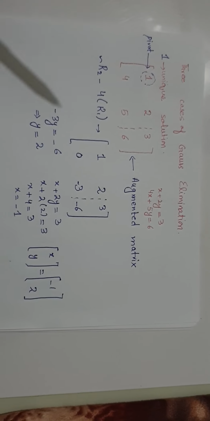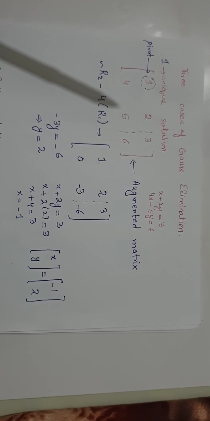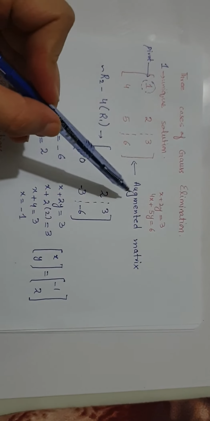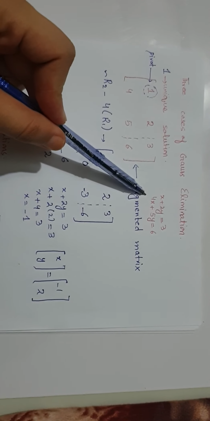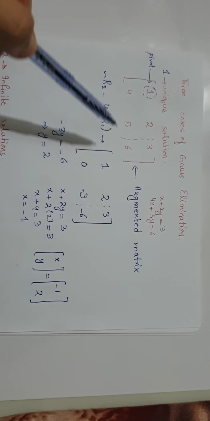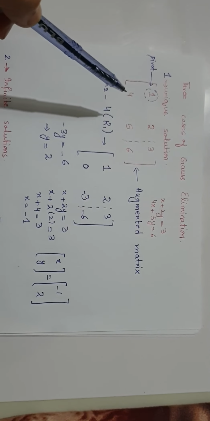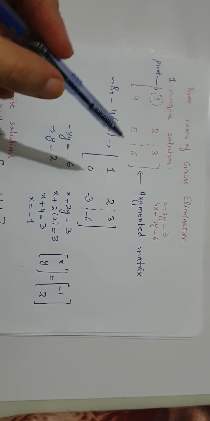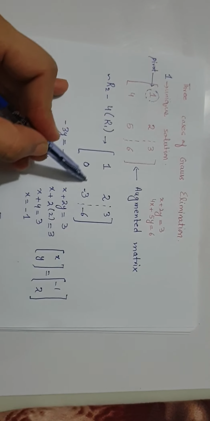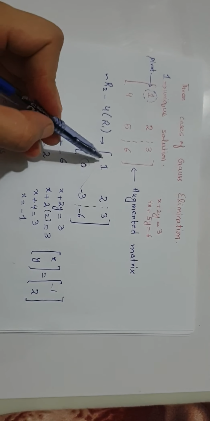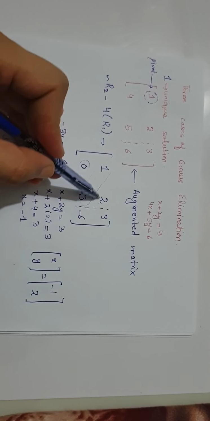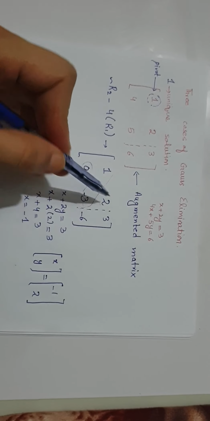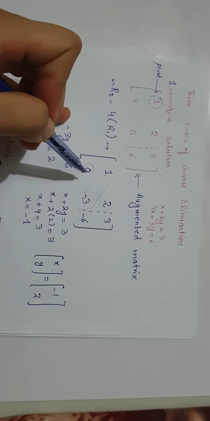Now I will discuss all these three cases using the Gauss elimination. The purpose of the Gauss elimination is to design an augmented matrix from the given system of equations, and then transform that matrix into the upper triangular form. What is meant by the upper triangular matrix? It means we have to transform our matrix so that the entries below the diagonal are all 0, while the entries above the diagonal may or may not be 0. So non-zero values should lie above the diagonal, while the 0 entries should lie below the diagonal.